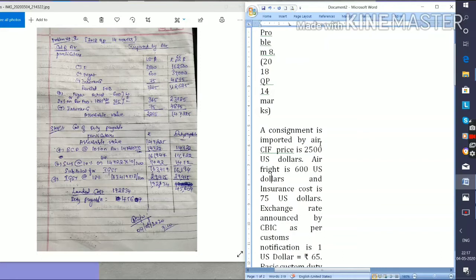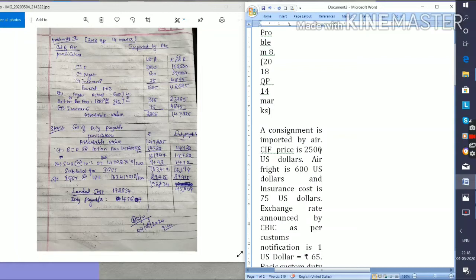Right. Now, in order to calculate the adjusted FOB or revised FOB, we are going to make some changes or add something. Now, see the problem. CIF is also called cost insurance freight, transaction value or assessable value. Here they have already given the assessable value, but we will walk back and calculate the revised FOB. How to calculate the revised FOB? CIF value minus freight and insurance. Then we will get the revised FOB.